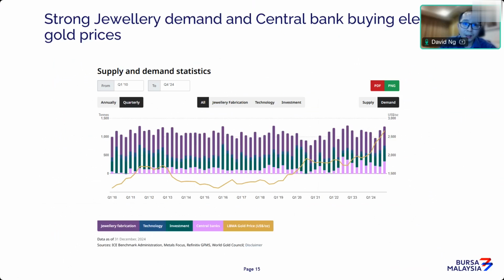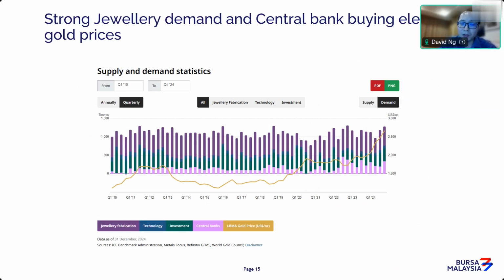Now, what are the factors that really drive gold prices in at least the past couple of months? I think the main key thing is always the supply and demand dynamics. Whenever you look at the gold market in general, the supply of gold is very fixed. There's only a fixed quantity of gold available that they can mine, whether it's supply under the ground or above the ground. So its supply doesn't change much. You don't expect that suddenly one year there's a huge supply of gold. It's very rare to see that. So supply is fixed. The only variable that is changing and is an important element for prices is always the demand factor.